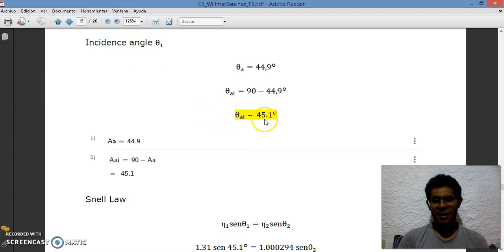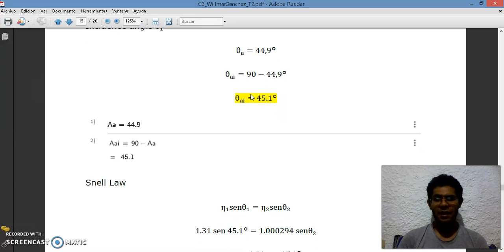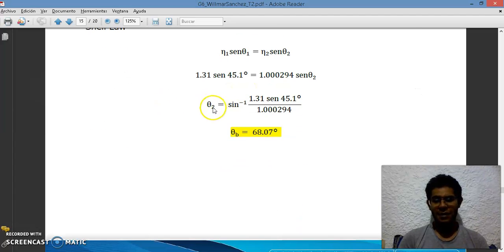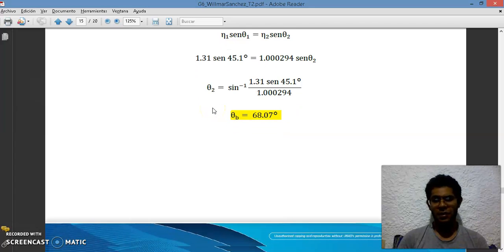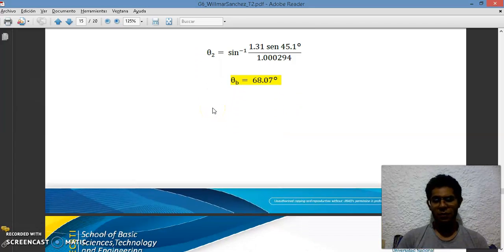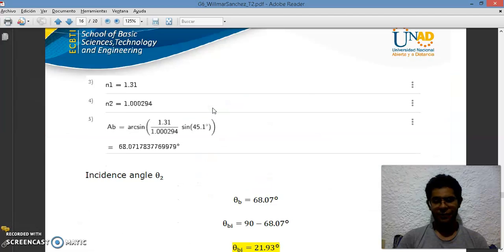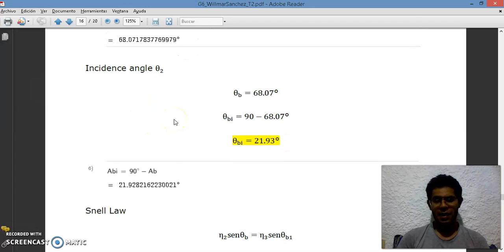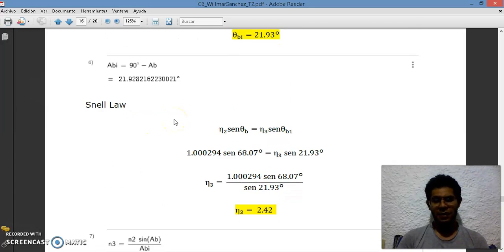Calculate the incidence angle. Restate the 19 degrees. And with Snell's law, find the angle of refraction. This new angle, calculate the second incident angle, and use Snell's law again